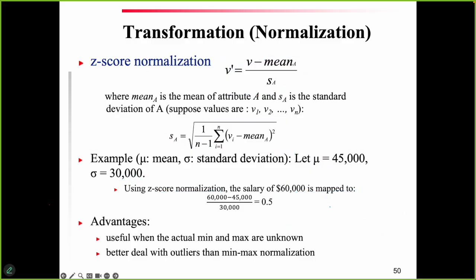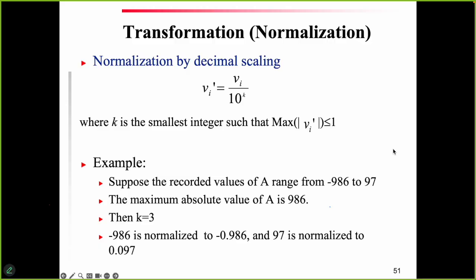There are some advantages to this method. For example, it is useful when the actual mean and max are unknown. Of course, if you don't know your mean and max, you cannot use min-max normalization, right? And I also said that min-max is useful if you don't have strong outliers. But if you do, then z-score is better at dealing with outliers than min-max, because you're calculating the mean and standard deviation. And then finally, we have